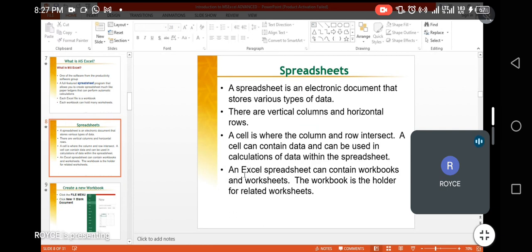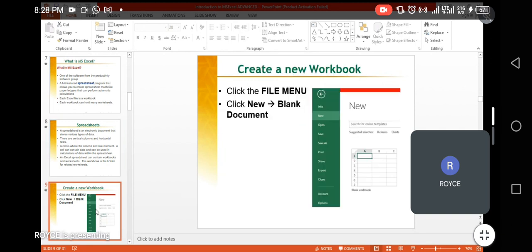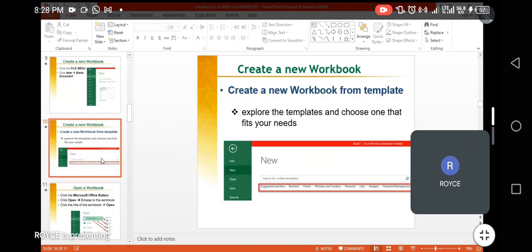Then we have an Excel spreadsheet which can contain what? Workbooks and also worksheets. The workbook is a holder of related worksheets. I've already talked about this. I've said the workbook is going to have many worksheets inside. Okay. Let's see what's there in the next. Yeah, maybe